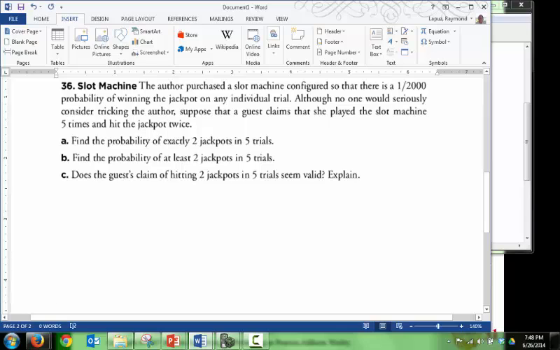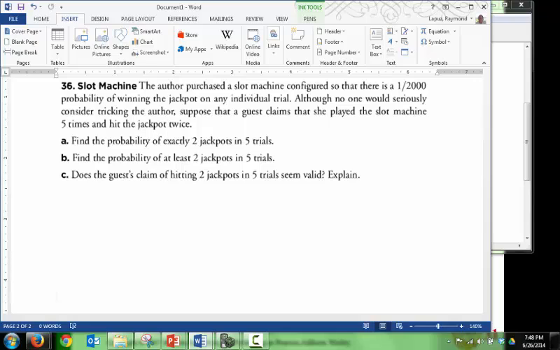So slot machine, there's a 1 in 2,000 probability of winning the jackpot on any individual trial, although no one would seriously consider tricking the author. Suppose that a guest claims that she played the slot machine 5 times and hit the jackpot twice. Okay, so